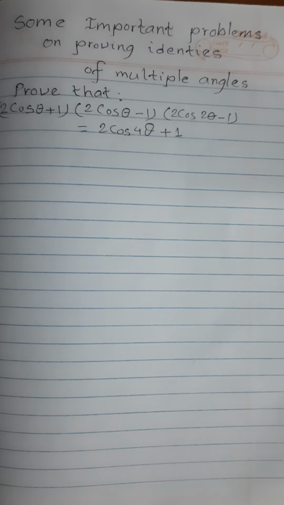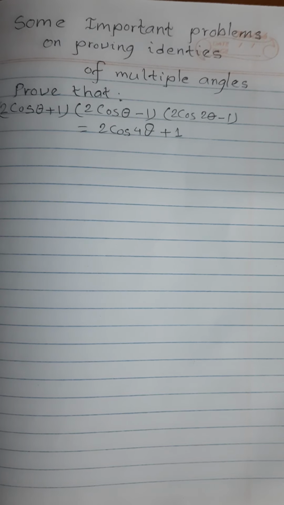So without delay, I will start today's topic. It's proving identities. Frequently, students feel difficulty until they are properly habituated. But if they know how to prove some frequently asked identities, that means some important identities which are important for board examinations, then they will feel like doing other identities. This will create chain reactions.